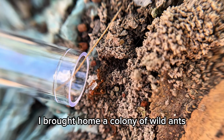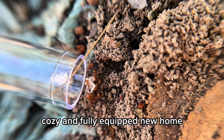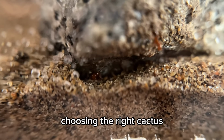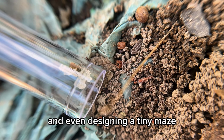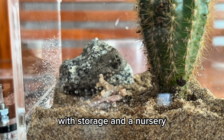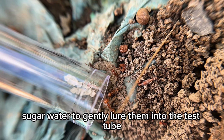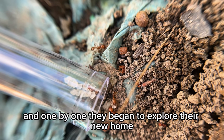I brought home a colony of wild ants, hoping to build them a safe, cozy, and fully equipped new home. From carefully leveling the sand, choosing the right cactus, adding stones for shelter, and even designing a tiny maze with storage and a nursery. I spent the entire first day crafting what I believed was the perfect nest. I used sweet sugar water to gently lure them into the test tube, and one by one, they began to explore